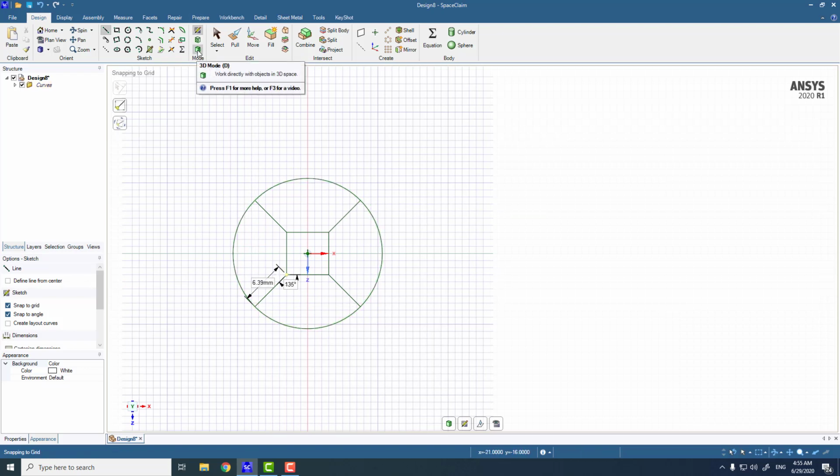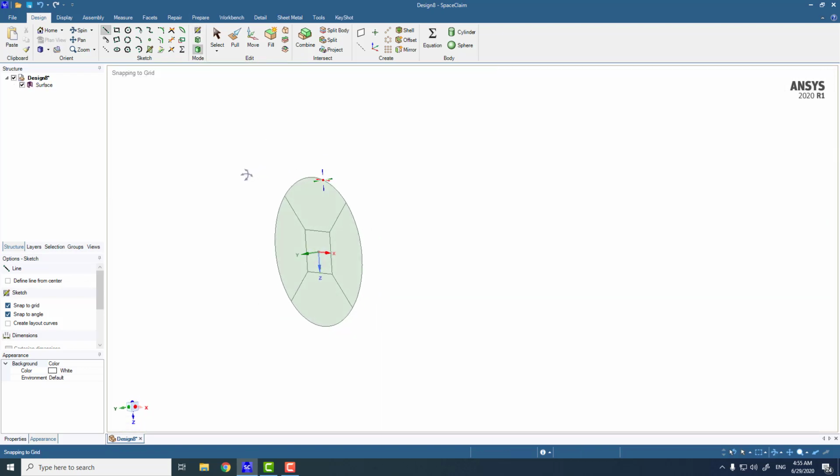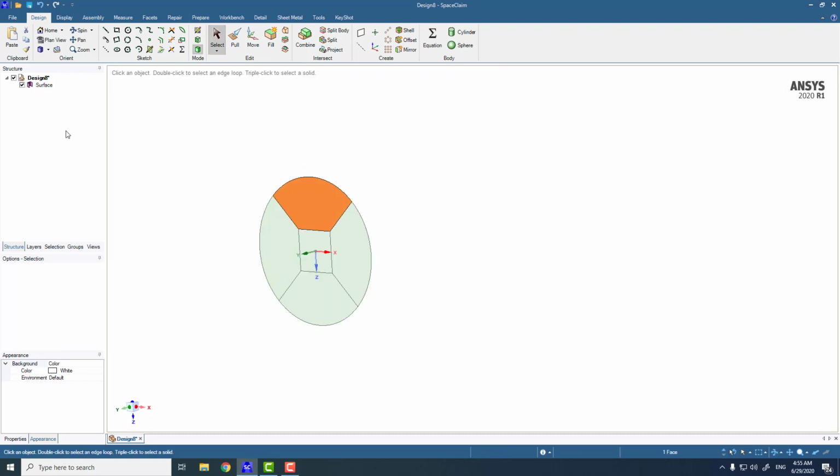And then click on the 3D mode. This will take you back into the 3D mode, and if you select the geometry, you can see that although we have the 5 faces, there's only one surface, and from one surface when we pull this geometry, we are going to get only a single solid, and that's not required here. If you are going to create only a multi-zone mesh or maybe a sweep mesh or maybe a tetra with the inflation of prisms, then this is good.